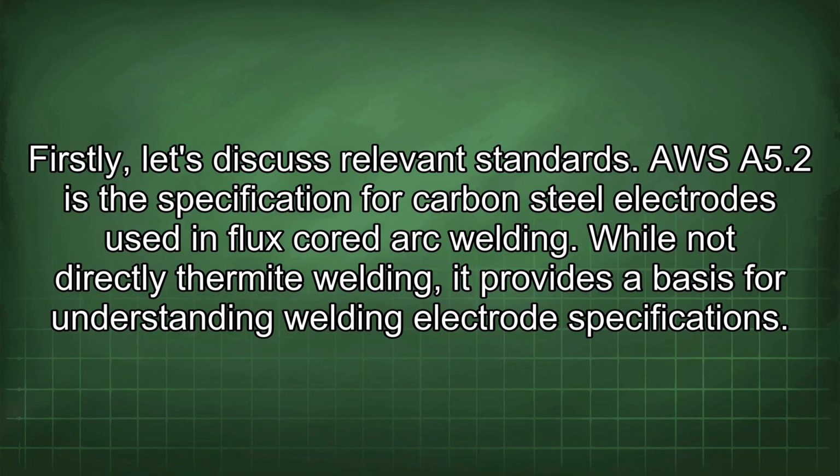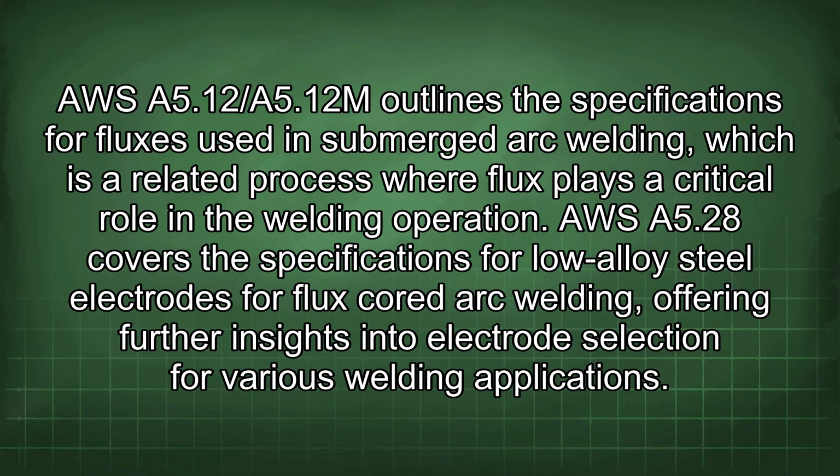AWS 5.2 is the specification for carbon steel electrodes used in flux-cored arc welding. While not directly thermite welding, it provides a basis for understanding welding electrode specifications. AWS 5.12/5.12M outlines the specifications for flux as used in submerged arc welding, which is a related process where flux plays a critical role in the welding operation. AWS 5.28 covers the specifications for low-alloy steel electrodes for flux-cored arc welding, offering further insights into electrode selection for